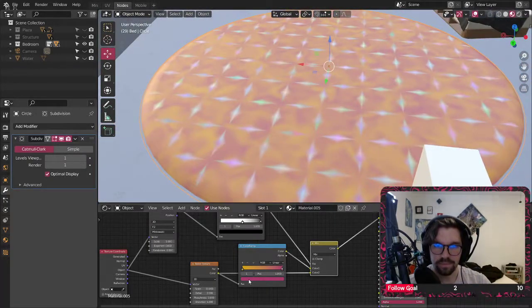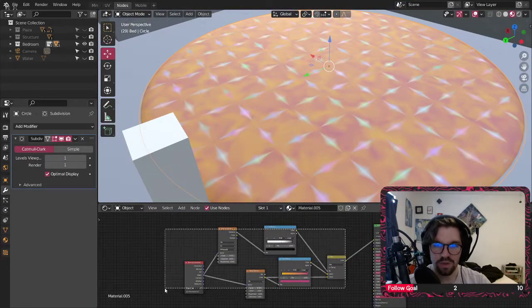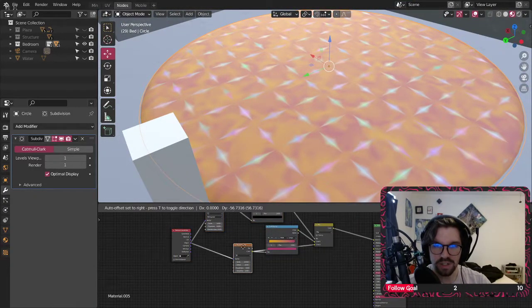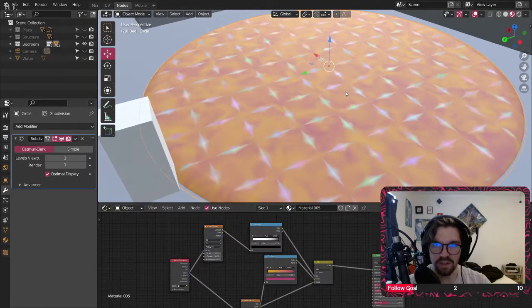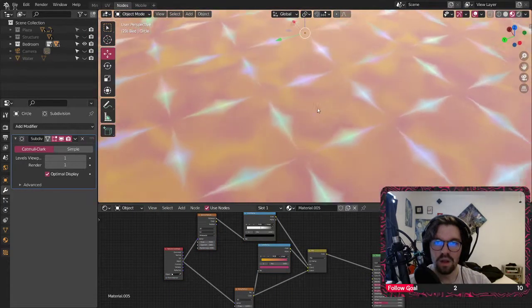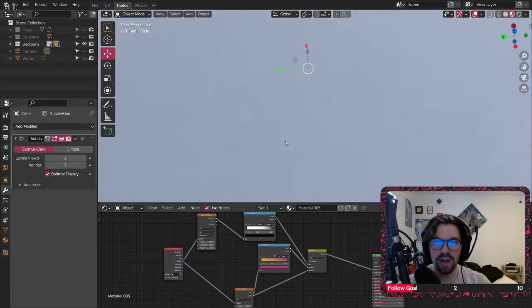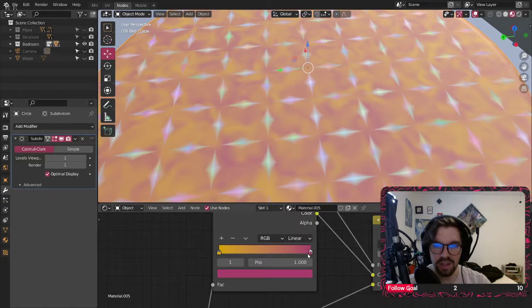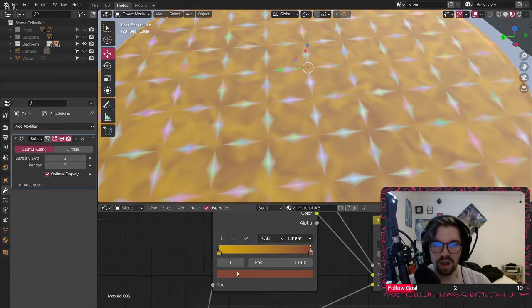We're going to use the noise texture to affect a lot of parameters. So I'm going to push all of this up, and we're going to take the noise and push it down. Just like that. That looks fine. Okay, so what I want is two colors that are very close together. I'm kind of thinking brown. Check this. We go brown, we go a little bit darker. And then